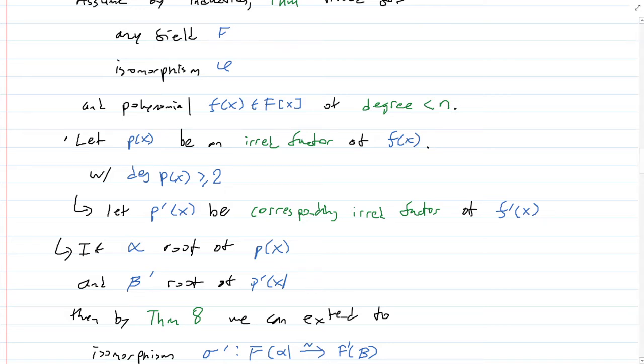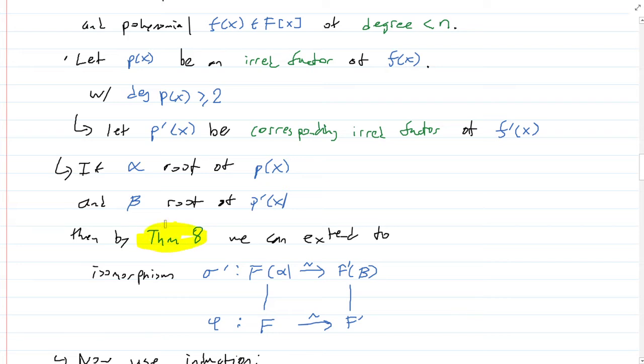I think it should be beta. Right, so let beta be a root of p prime of x. Okay, and then by theorem 8, so this was in an earlier section, it says if you have